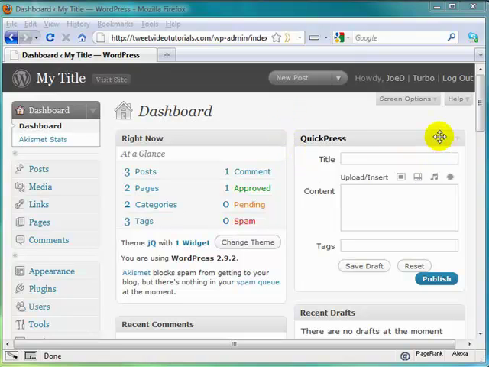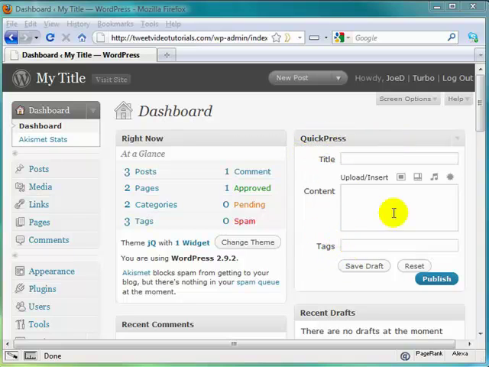in the top right corner, you're going to have this guy right here, Quick Press, where you can simply put your title to your post, you can put the content of your post, the keywords or the tags to your post, and publish away, and you're good to go. And you can also save it for later to come back and edit it or publish it later. You can also add certain medium to your content, be it an image or video or audio. So this is just one way in which you can add a quick post, thus the name Quick Press, to